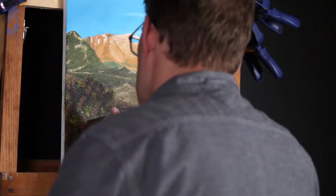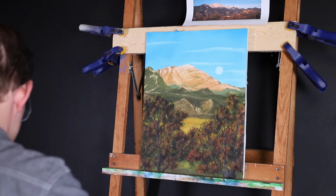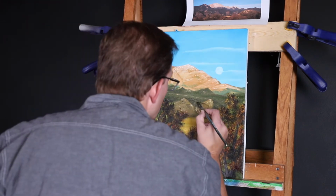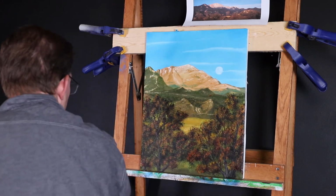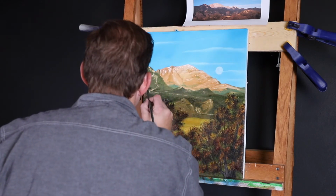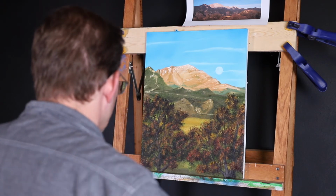Well, if you came here to see a happy accident, I think you've seen it. I do think there's probably a need to subtly add some of this color, very subtly if I can, back into these little hillsides. Okay, that's too bold. Well, I think I gotta stop here, come back with